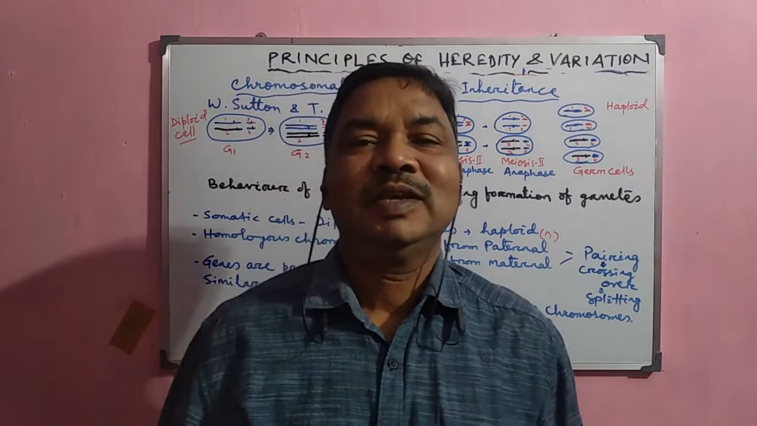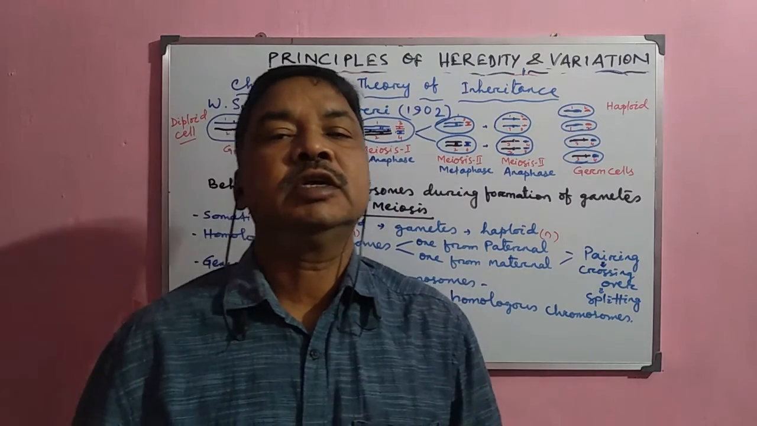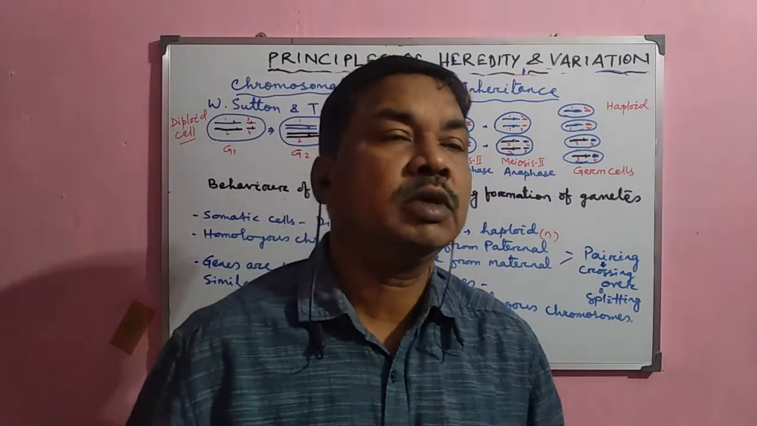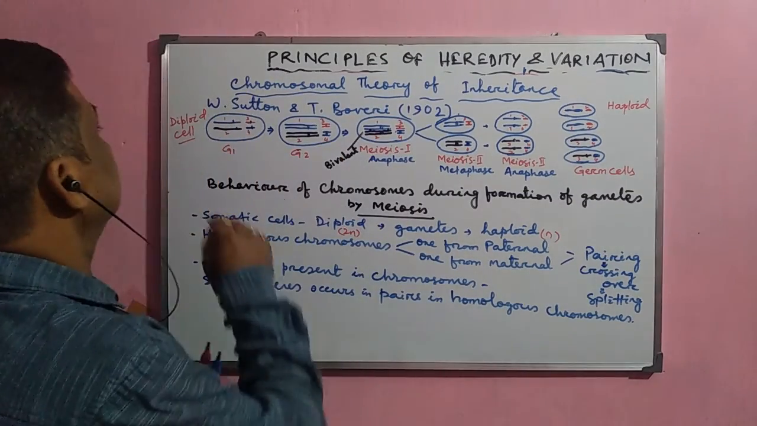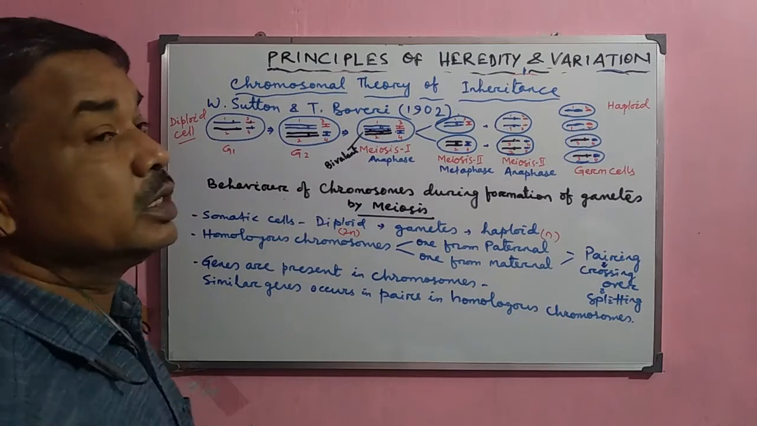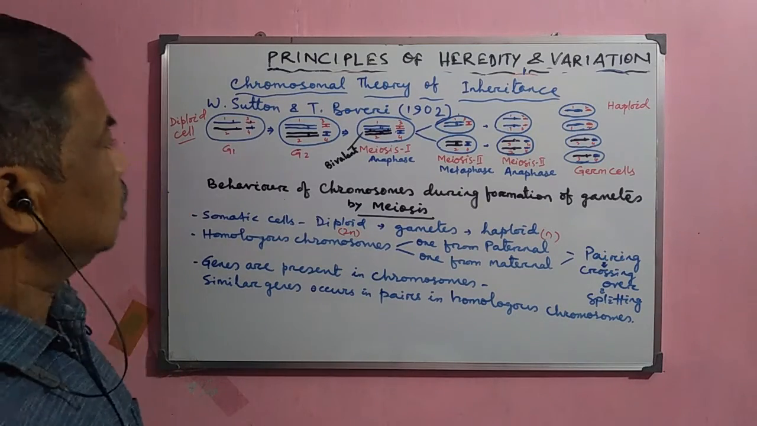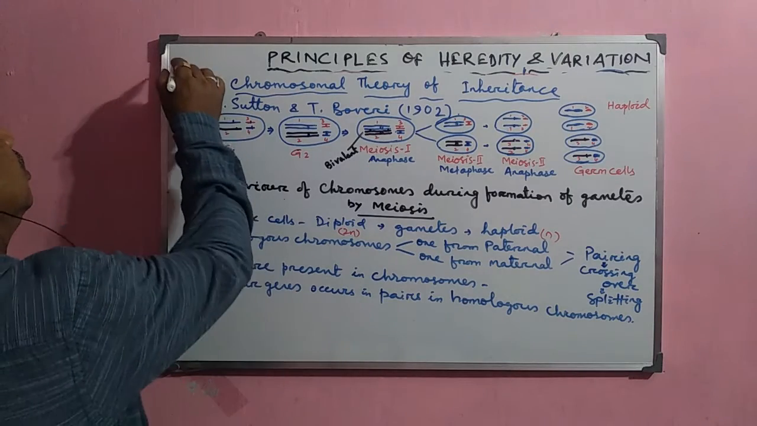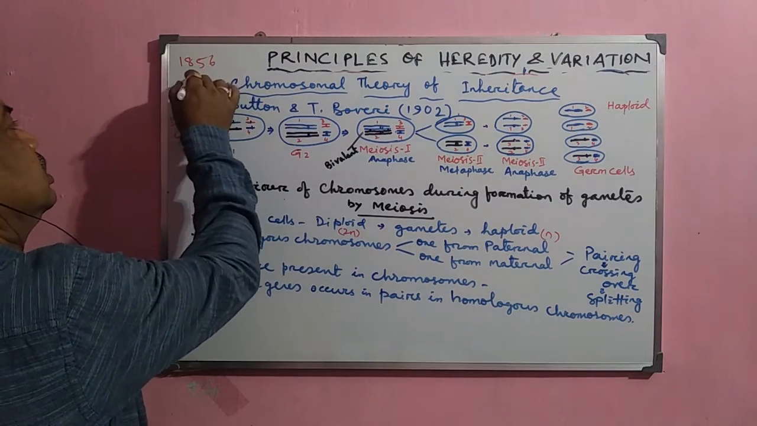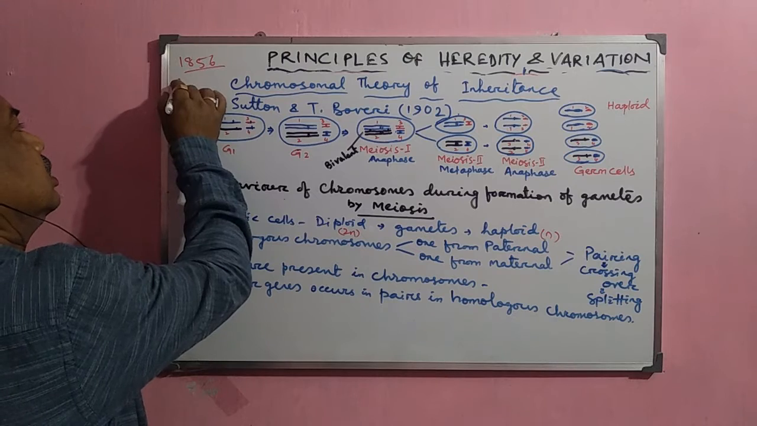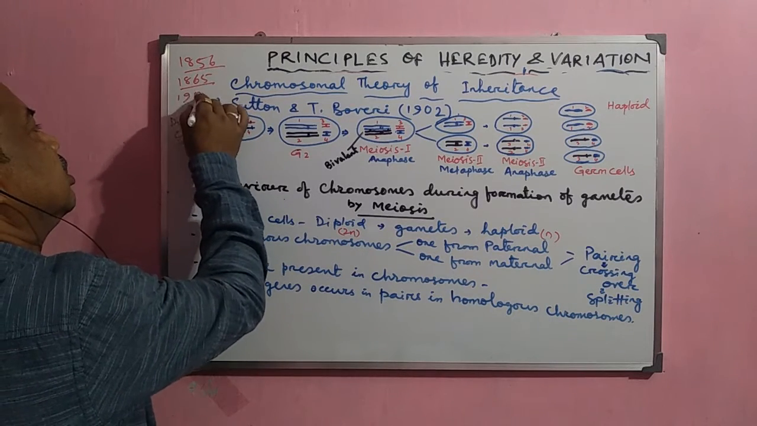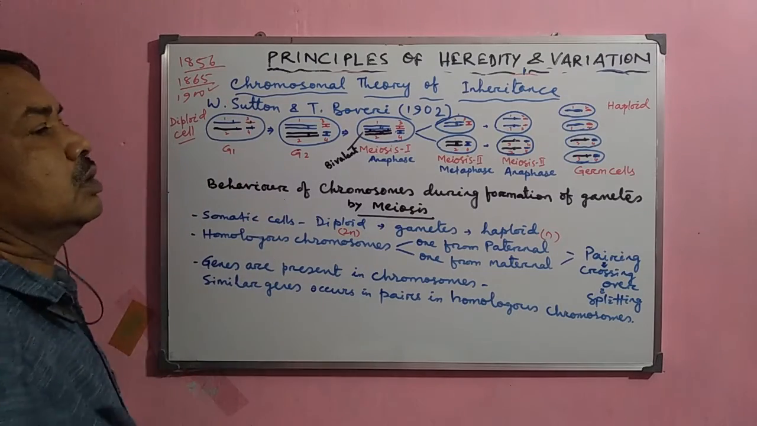Good morning, student. In this video, I shall discuss the chromosomal theory of inheritance, which was actually given by W. Sutton and Boveri in 1902. Although Mendel conducted his famous experiment around 1856 and published in 1865, till 1900 his work was